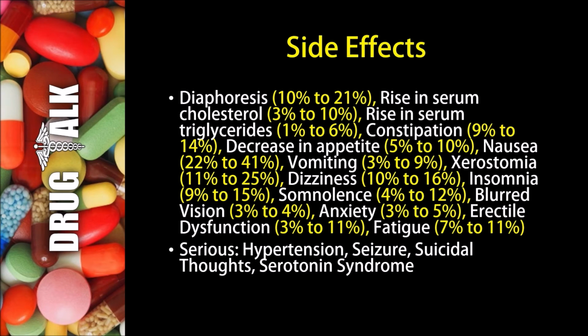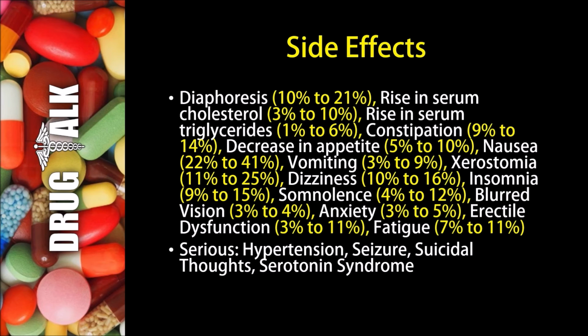And a decrease in appetite may happen 5 to 10% of the time. 22 to 41% of patients may experience nausea, and vomiting comes in at a rate of 3 to 9%. Xerostomia, or dry mouth, may happen in 11% to 25% of patients, and dizziness may happen between 10 and 16% of the time. Insomnia comes in at a rate between 9 and 15%, and 4 to 12% of patients may